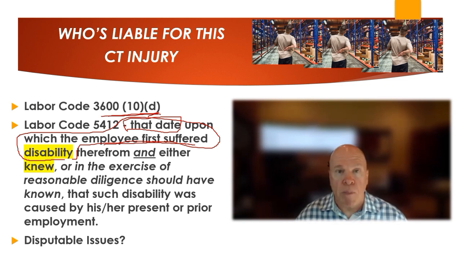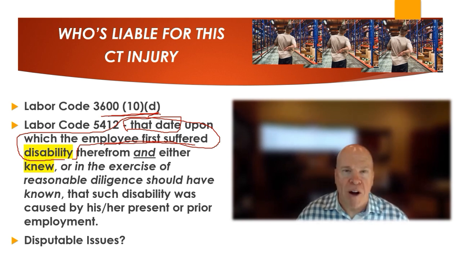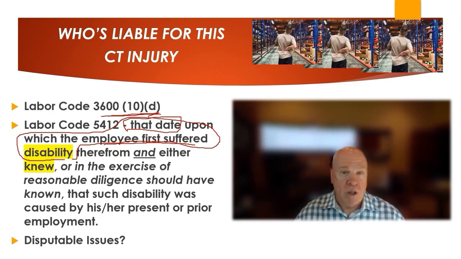And you can imagine some of the parties saying that no, the disability was on such and such a date, and another party, another insurer perhaps, looking to escape liability for this claim says, no, the date of first disability was not during our period of coverage for this claim. It was during your period of coverage for the claim. And this is an area of great dispute. What's the next area of great dispute? How about the next one?